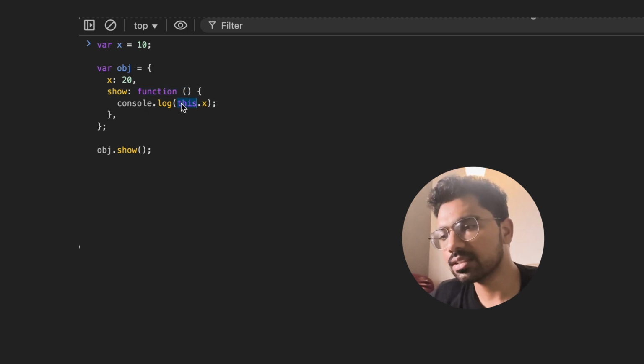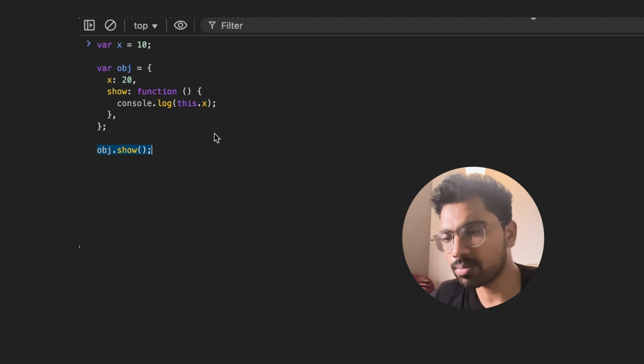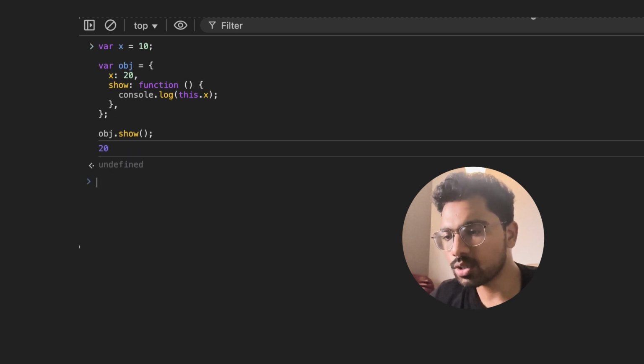So in this case, the value of this will depend upon on which object you're calling the show method. So here we're calling the show method on obj object. So this will be equal to the obj object and .x will be taken from the obj if it is present. So obj.x is equal to 20 and you will be able to see 20 in the output.